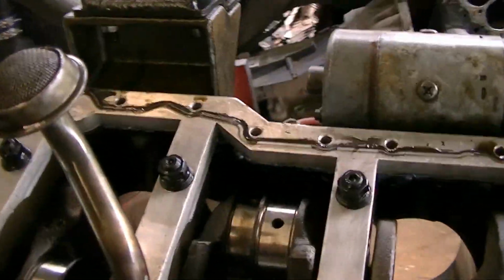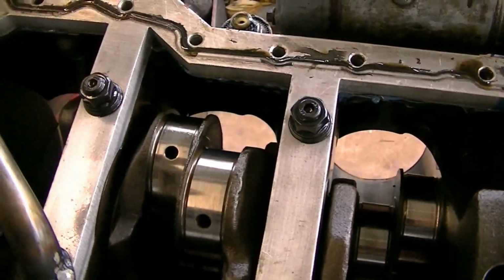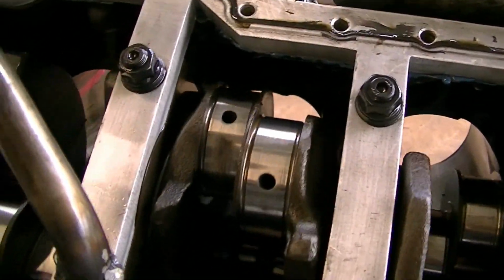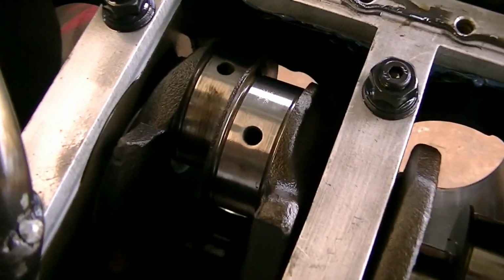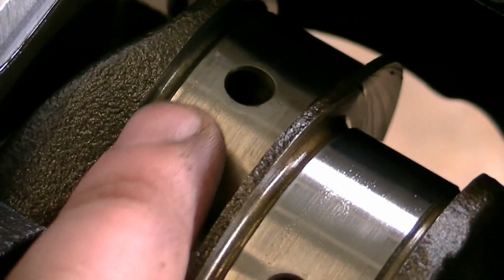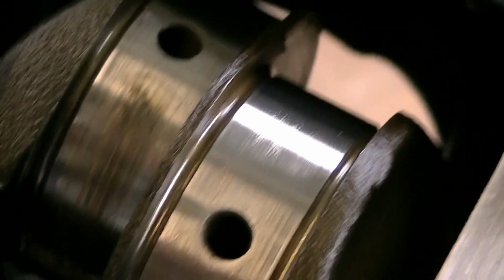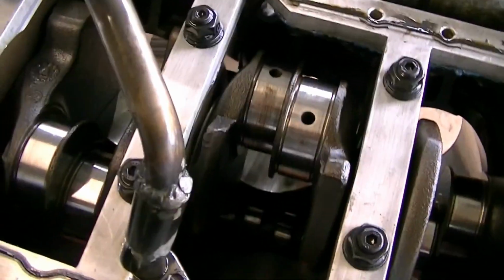The block's at the machine shop. I can't really do anything with that until it comes back, so I'm gonna make a start on making these manifolds. One thing I do want to quickly note though is when I was pulling this thing apart, I don't know if you can see it, it's very difficult, but right there, that little blemish there, it looks like the engine was about to spin a wheel bearing, not a wheel bearing,